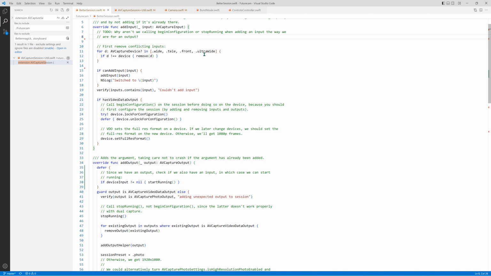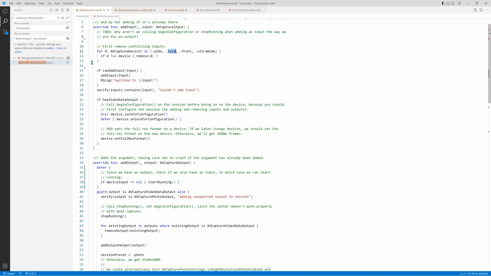So you're iterating through all of them, and if any of them are different from the one that's being added. Okay, yeah, that's still fine. This should work. So suppose you have the wide camera and you're adding tele, it will iterate through all of them, which will be wide and tele,